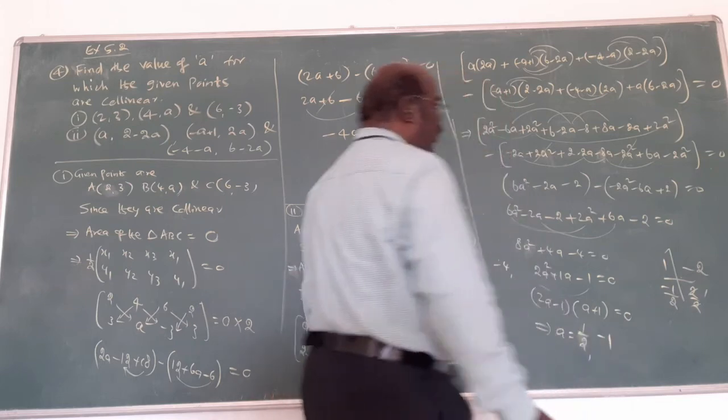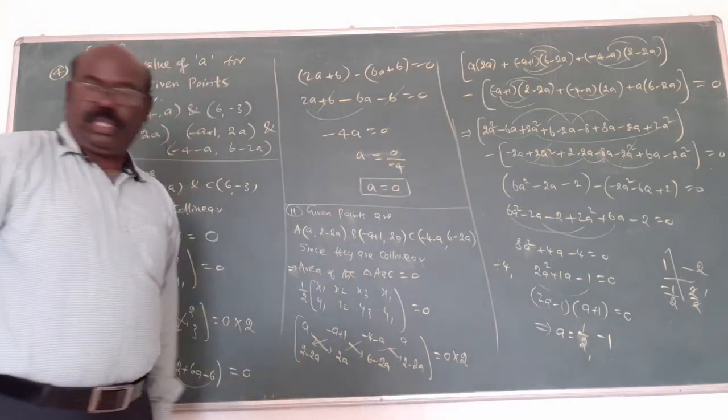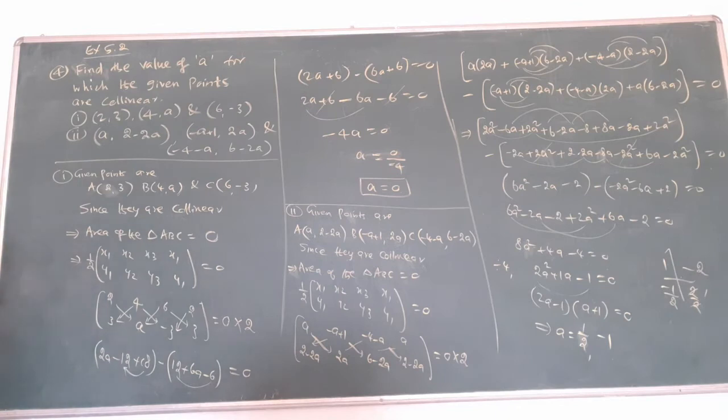Now minus 1. First answer, a equal to 0. Next answer, we have the quadratic equation in a. That's why solve this equation. We get the 2 values for x. A is 1 by 2 comma minus 1, that is the answer. Am I right?